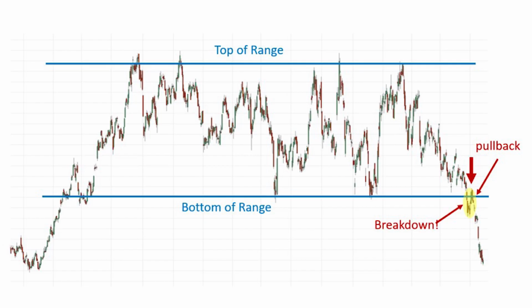In the example above, we see price breaking down from the bottom of the range, and the first clue will be how strong the breakout is and how far it continues moving after the breakout. For trading, we will look to enter only during the pullback, which gives us a high probability and low risk entry point. Note that this large range eventually leads to a reversal, which is a change of trend direction.